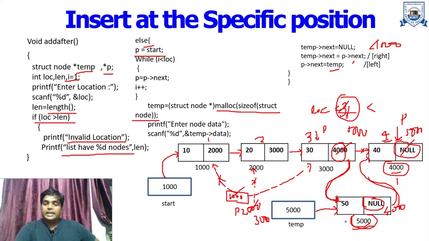Okay, and temp to next is equal to P2 next. Now actually if it is the last element, then what will P2 next be? That is null. So this null value will be replaced by this null. So if you are writing an individual program for insert at the end, there is no need for this particular line, because the null value is automatically replaced by null. In this way, when we want to perform insertion at the last, the same code will be implemented for insertion at the last position of a linked list.